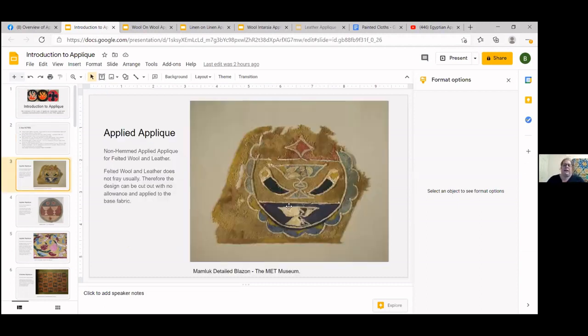Okay, so there are many, many different types of applique. The three main ones are applied applique, Intarsia applique, and reverse applique. Within these groups, there are subgroups. The first group that we find is applied applique that is non-hemmed. This is for felted wool and leather,